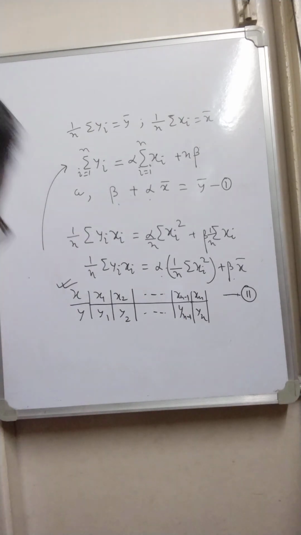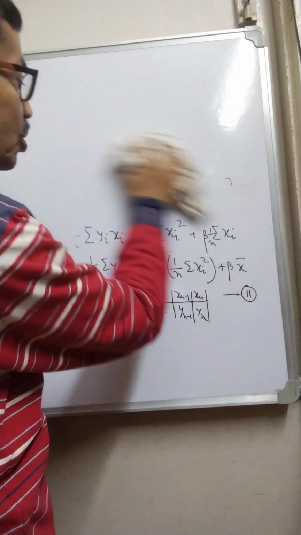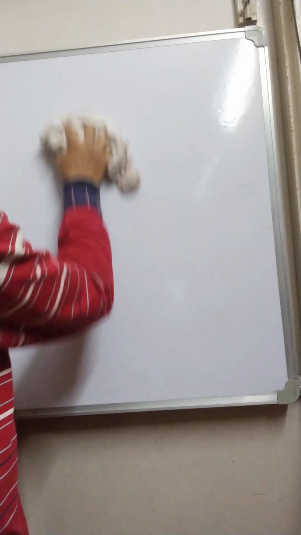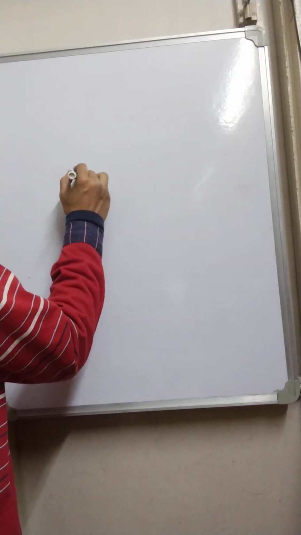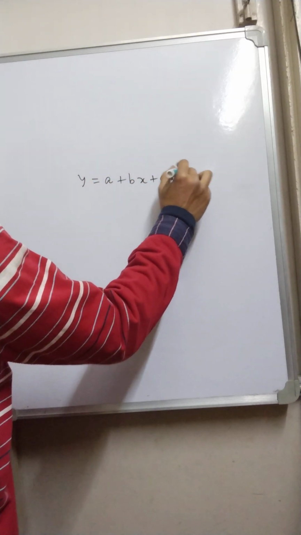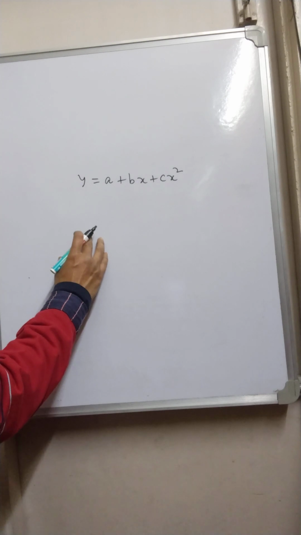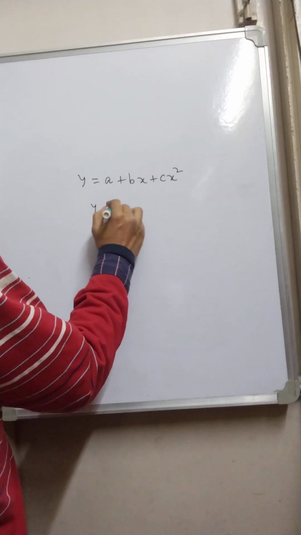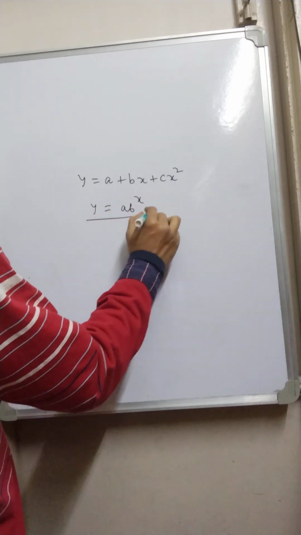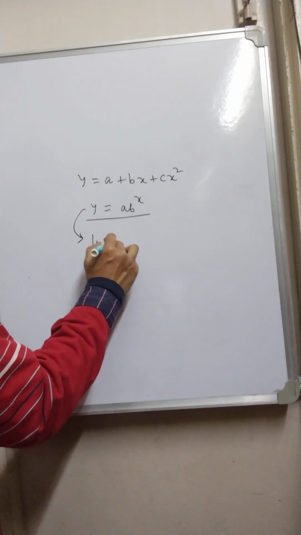Similarly, one can think of fitting a parabolic curve represented by this. Okay, this is a parabolic curve. We can fit this parabolic curve also to that tabular data. We can as well fit an algebraic curve a b to the power x. Actually, this can be reduced to